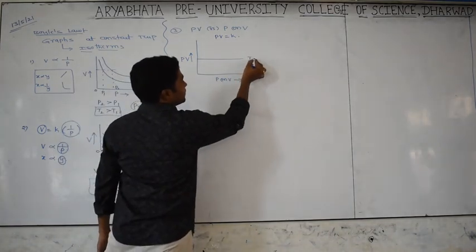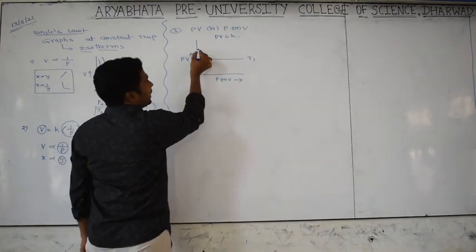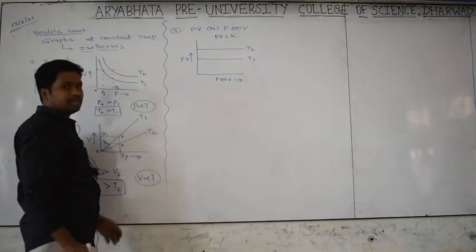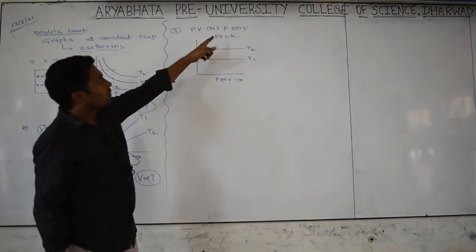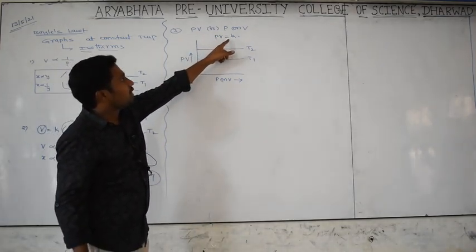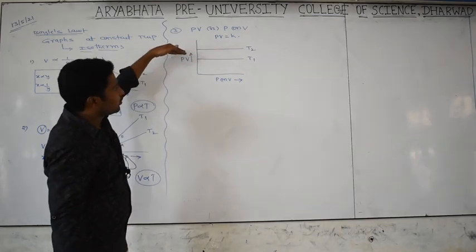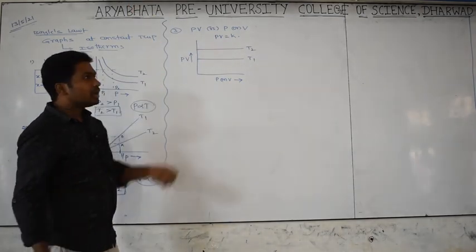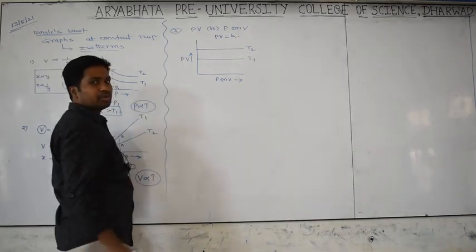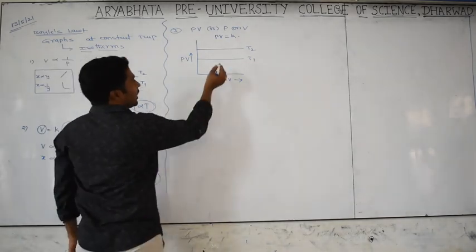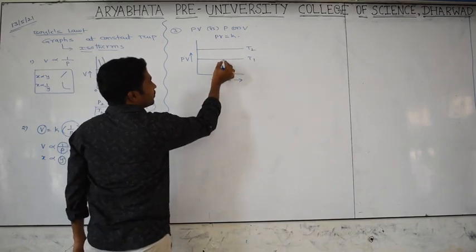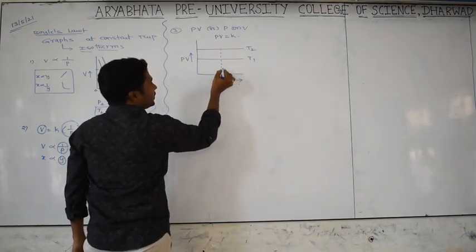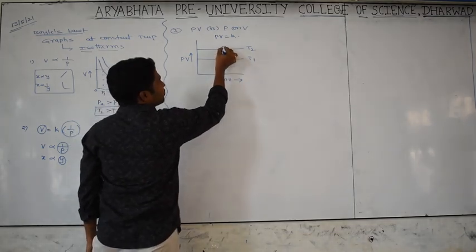This is the information at a T1 temperature. And I am taking another graph, which is a T2 temperature. Sir, why like this? Whatever pressure and volume you maintain, the product value stays constant. That's why the value is constant, no ups and downs. Now I want to get the relation between T1 and T2. What should I do? I have to take one fixed point on this, and from there draw the vertical line. This is point A, and this is point B.